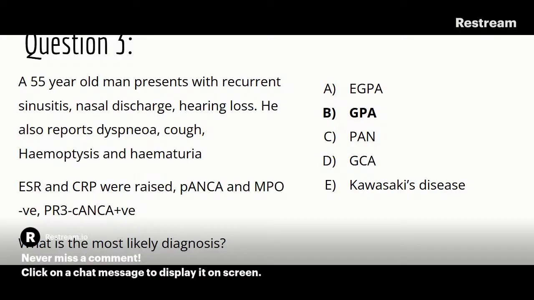But we talked about different vasculitides, how to tell them apart, and now if you see these questions, you know what to look for in terms of the blood work and in terms of the imaging, and I hope